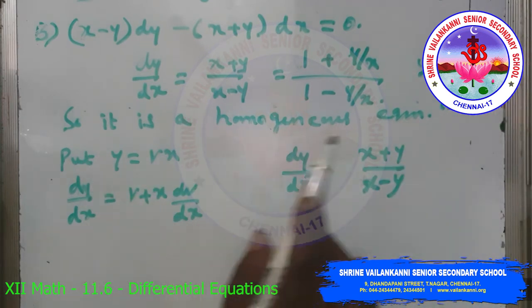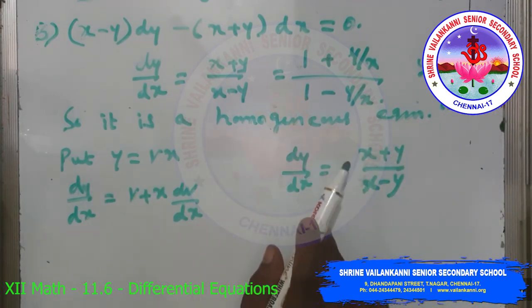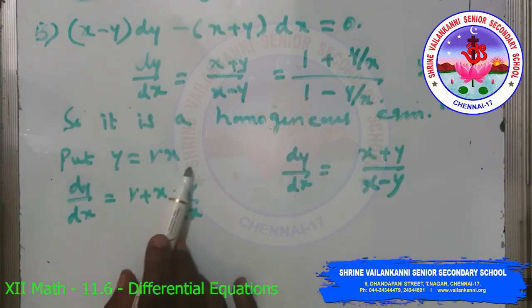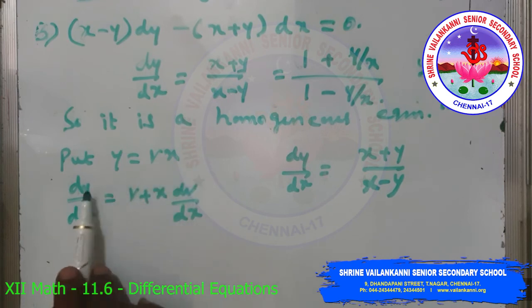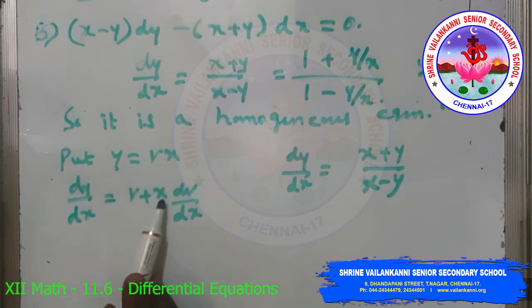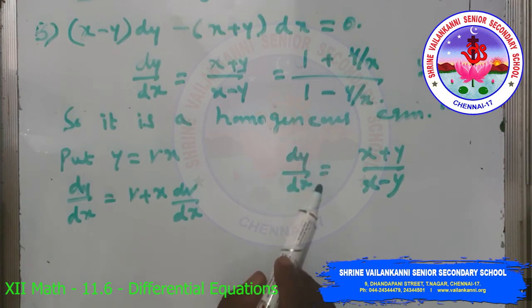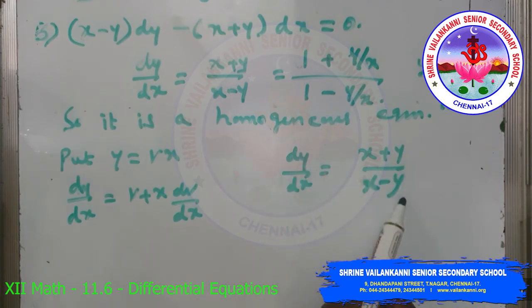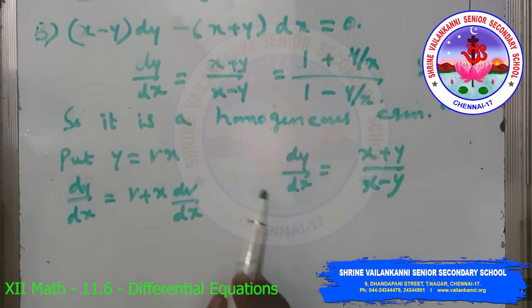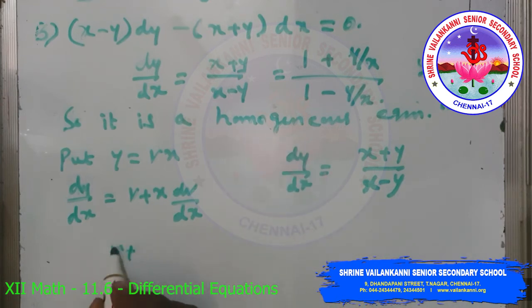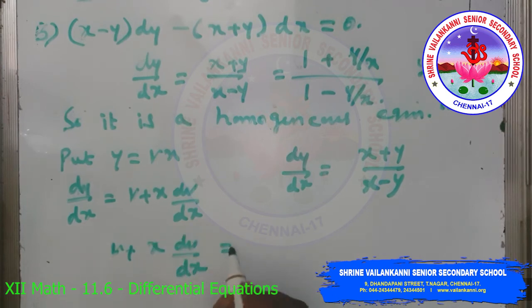So it is a homogeneous equation. Then we have to solve this differential equation. So put y equal to vx. On differentiating this, we get dy by dx equal to v plus x into dv by dx. So dy by dx, which is equal to x plus y by x minus y. So substituting dy by dx in this equation, v plus x into dv by dx, which is equal to